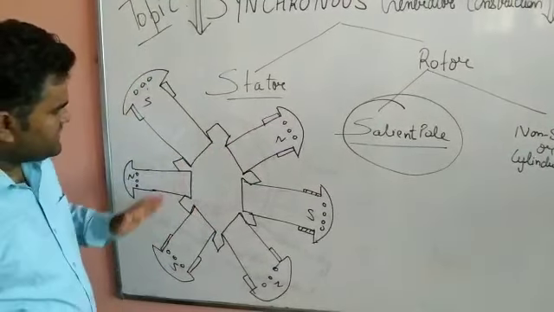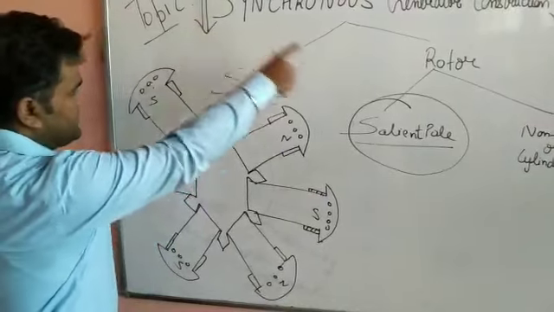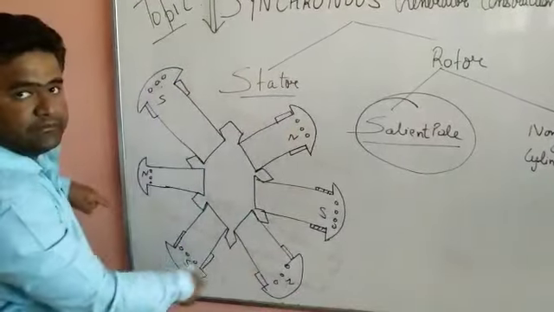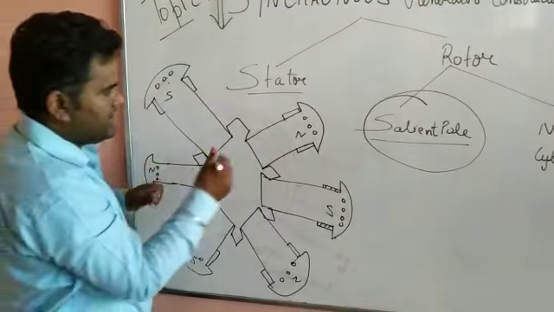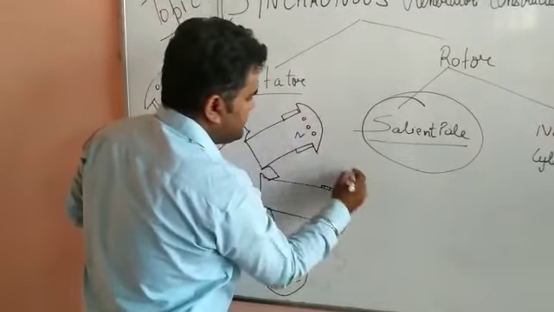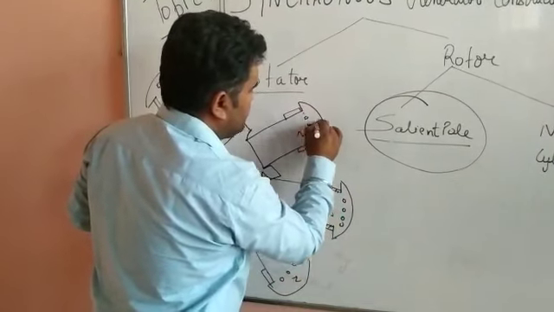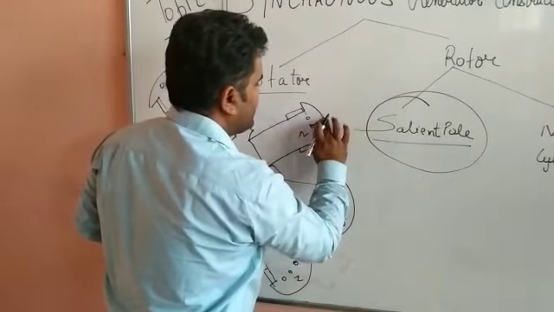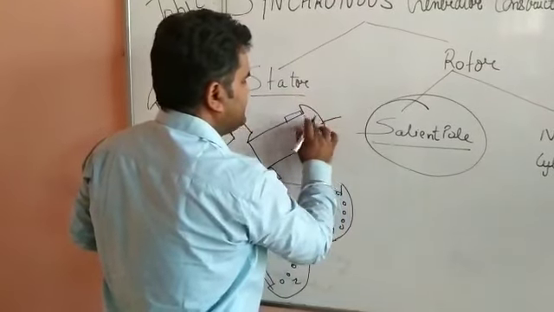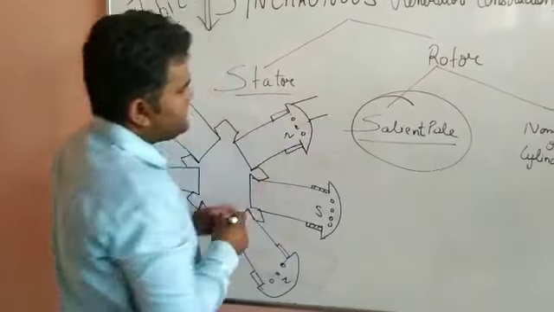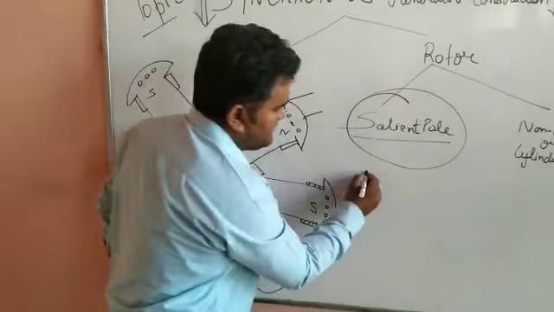Now in case of the rotor, what is happening is the air gap between the stator, let us suppose outside it there is a stator, and the rotor. Okay, if you see from here, the air gap between stator and rotor is from here. Let us suppose it is this, and from here is this. There is a non-uniform air gap.